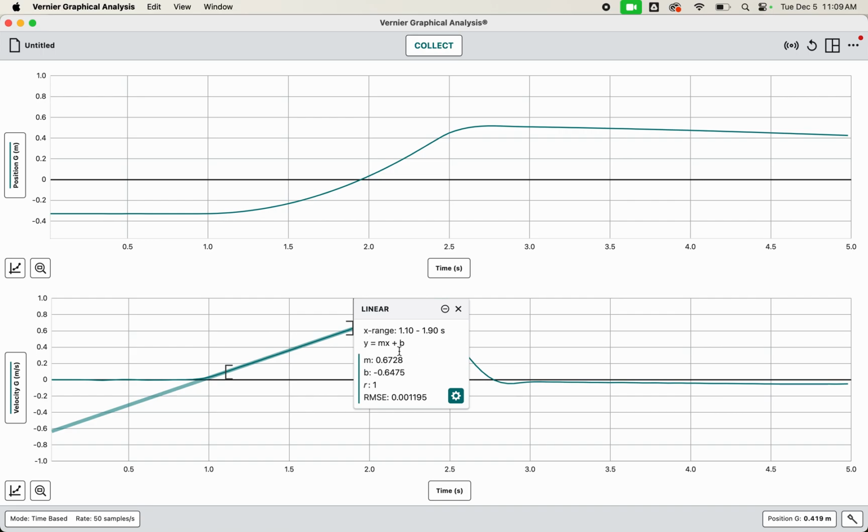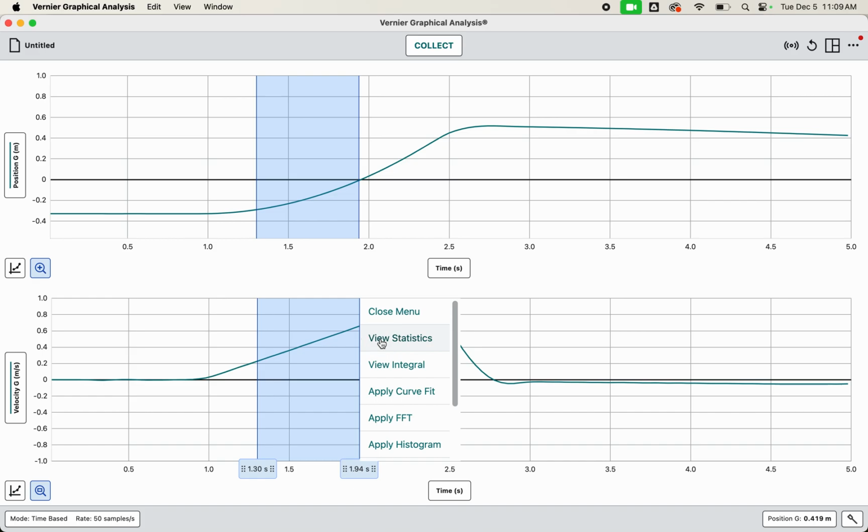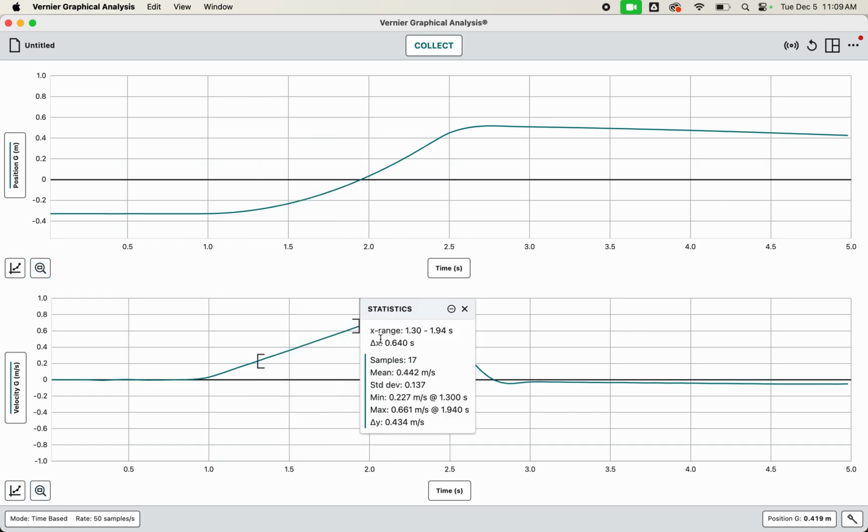So I'm not sure if everybody was doing that right. I have a sense that some people were choosing statistics instead, and if you did that, you weren't getting the right thing. So for example, if I click and drag and highlight this, and then I say view statistics, excuse me, there's nothing in here that's going to help me figure out the acceleration. And I have a feeling some of you were using the mean here because we used that in our previous